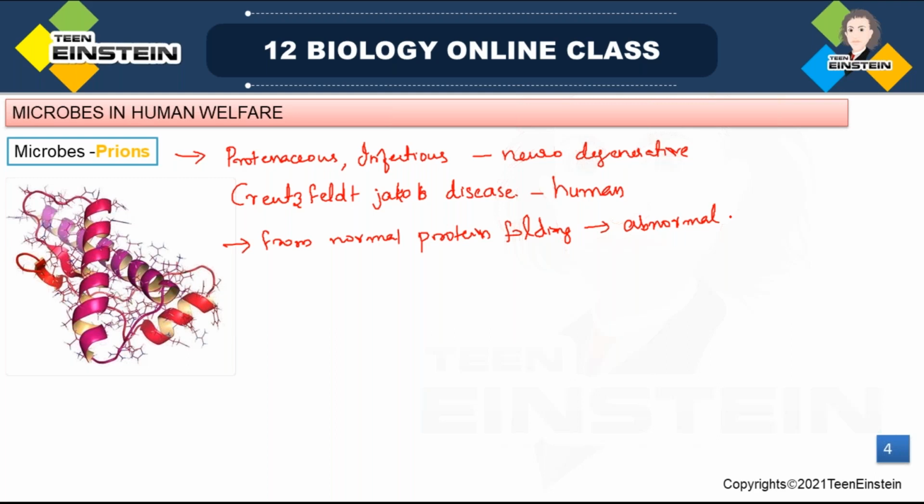Actually, prion transmission is difficult. It's not so easy compared to other disease transmission. From one person to another person, the disease transmission is difficult. But whatever may be, when it comes, they are neurodegenerative diseases. They are infecting the neurons. And they don't have a treatment or a cure.